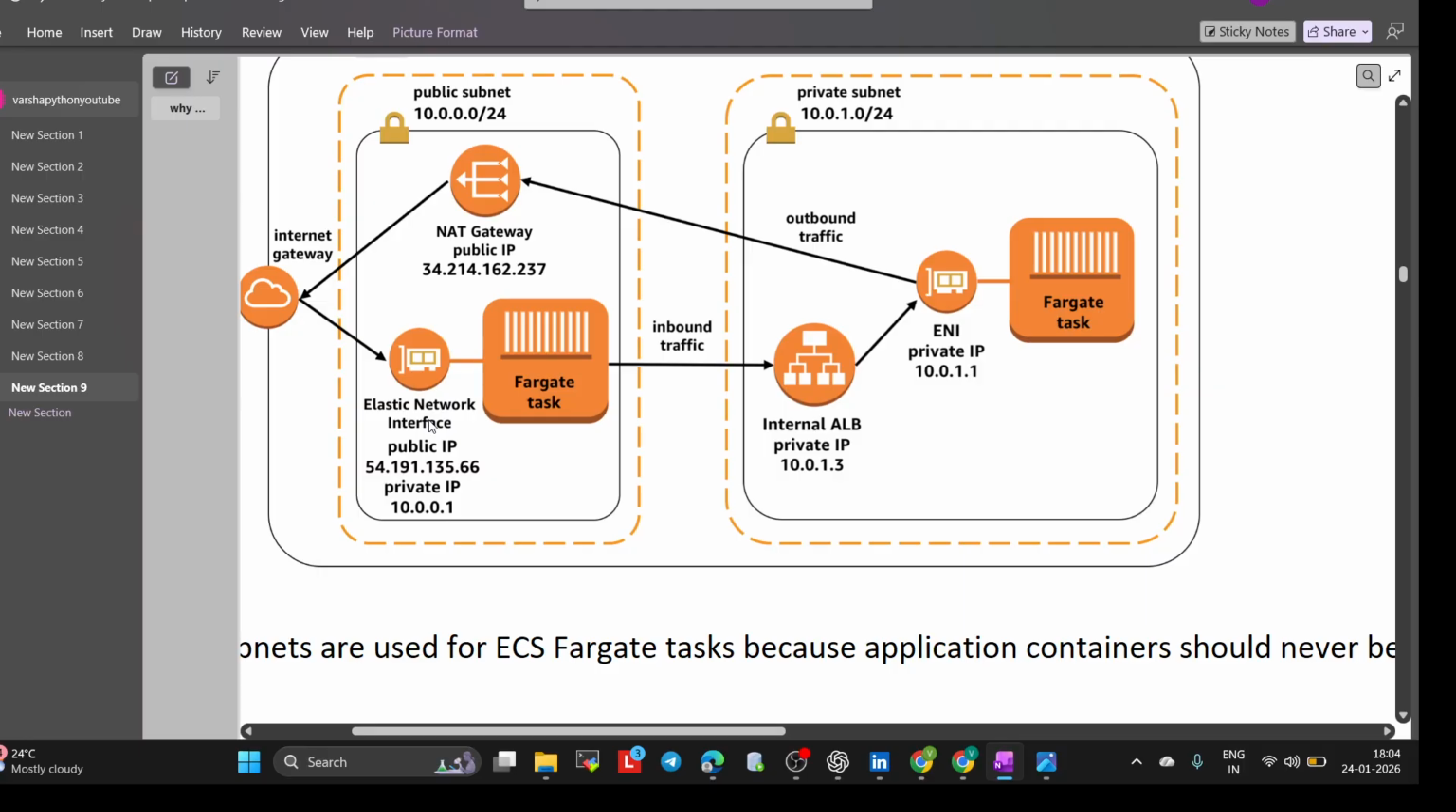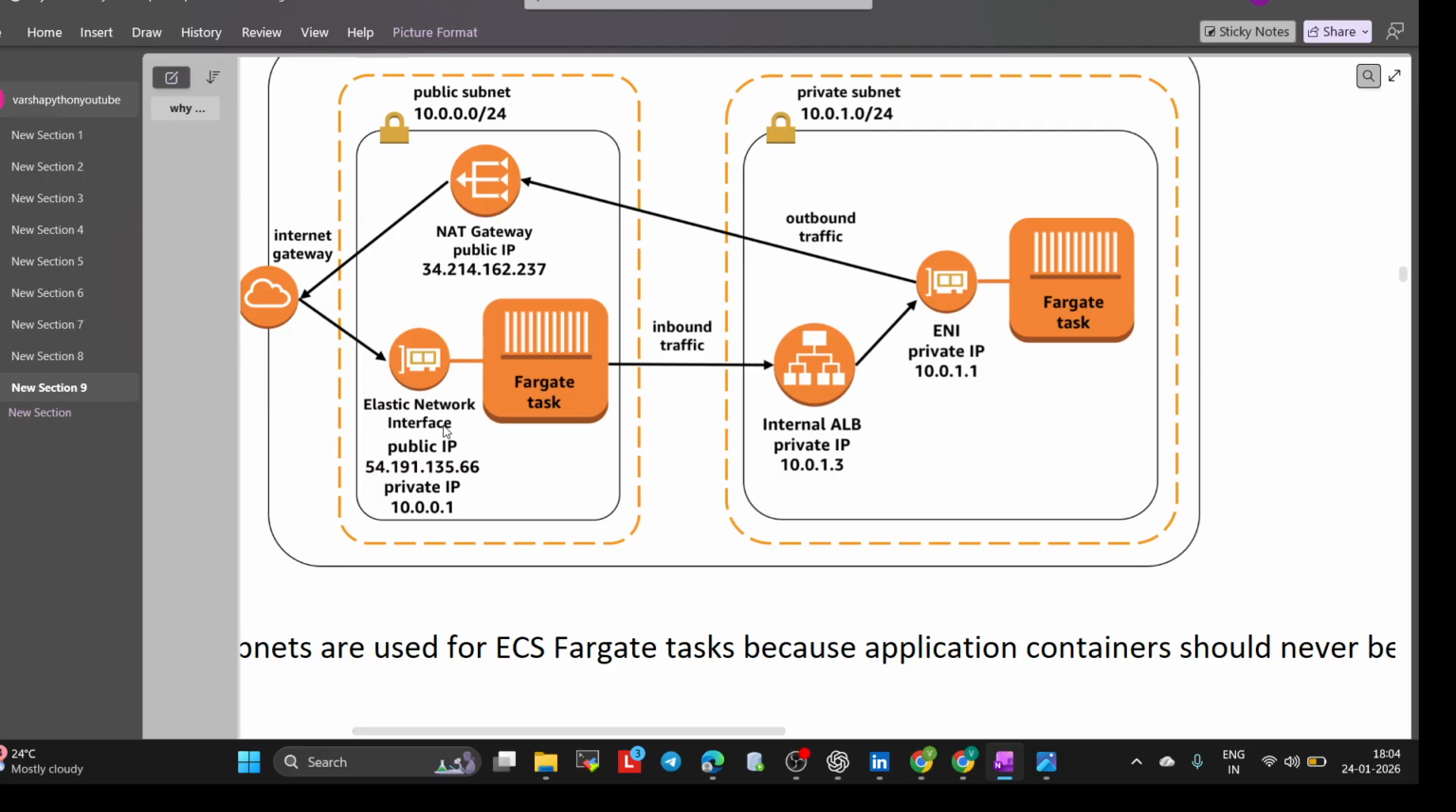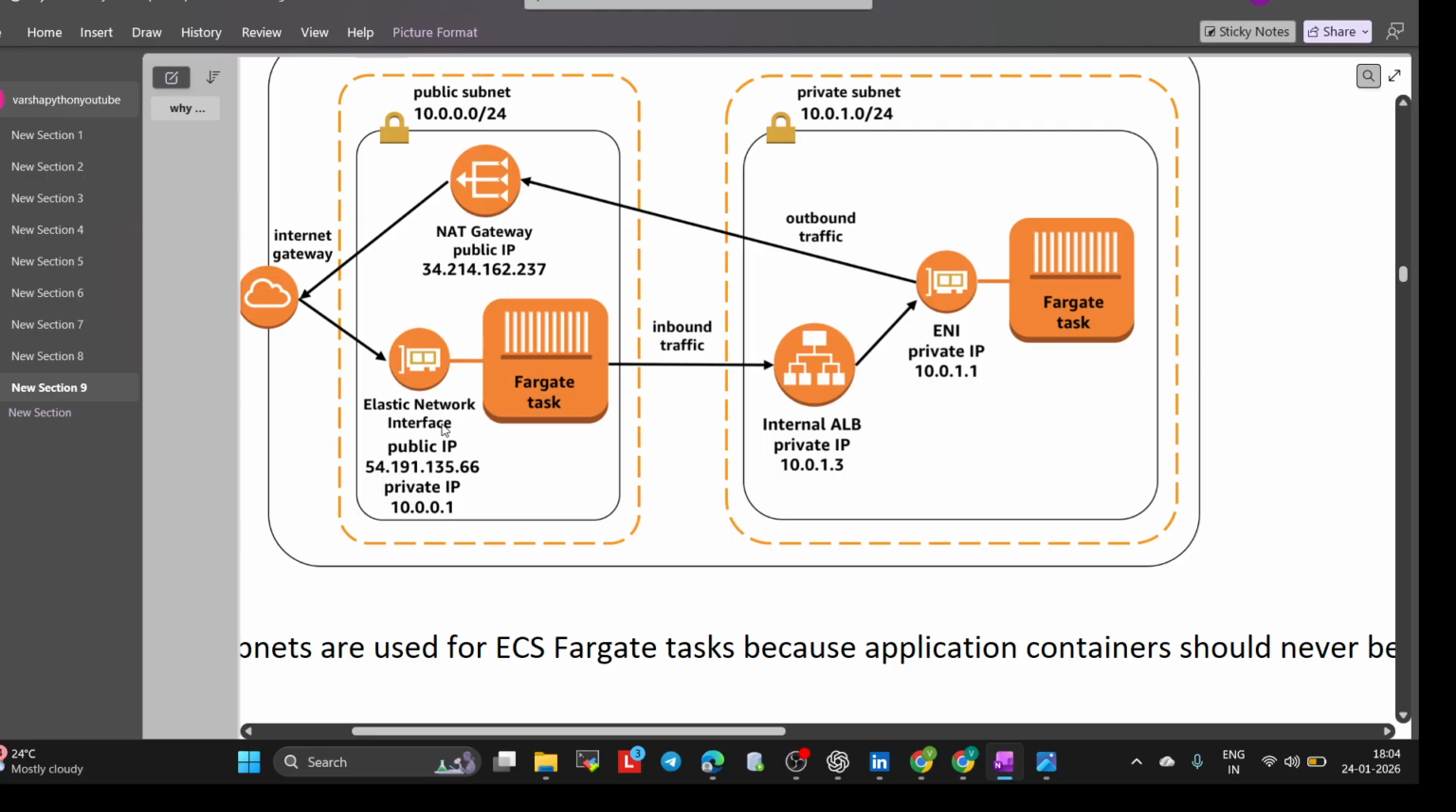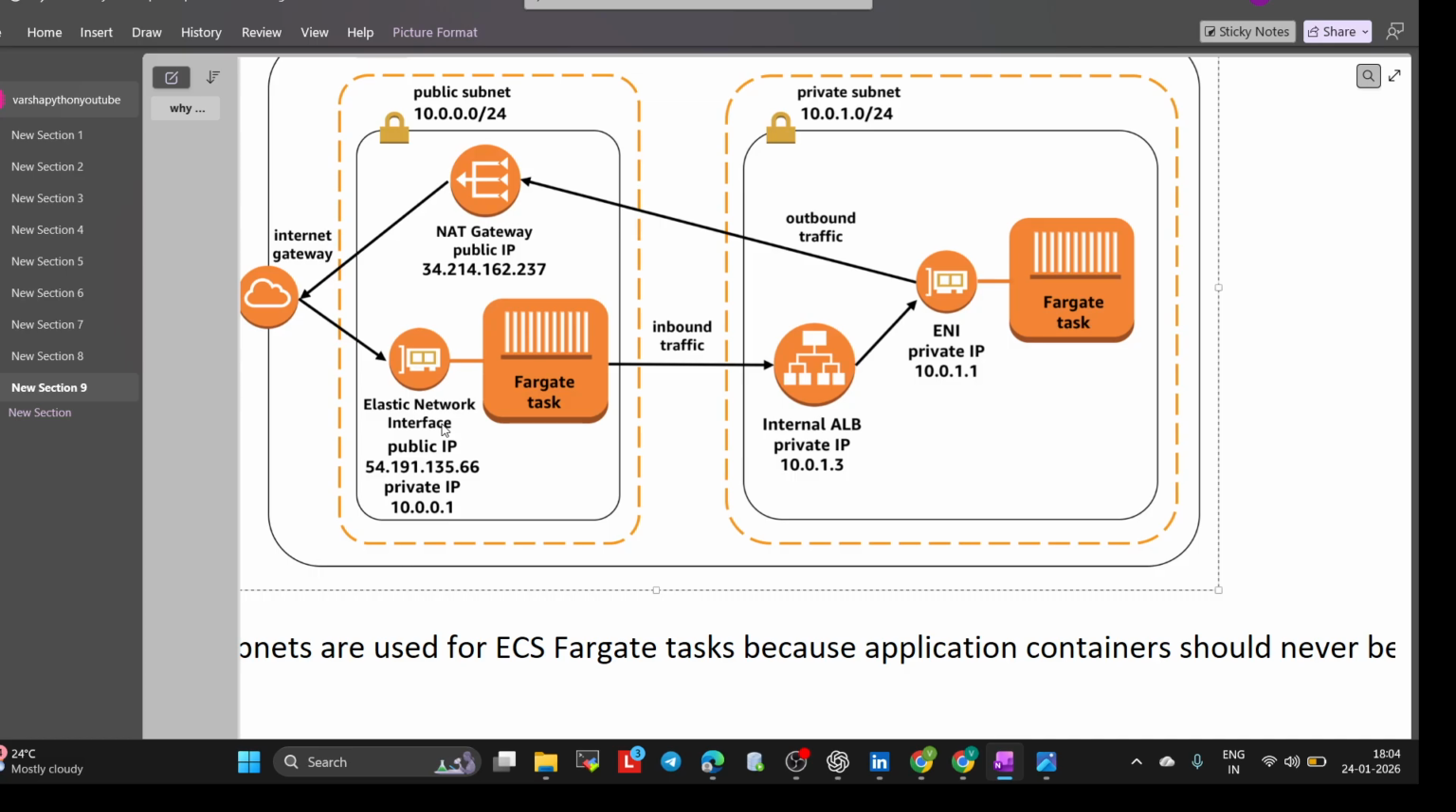Now, the network interface, also known as an ENI, means every task receives its own private IP address from the subnet. This is a very important concept because it allows the application load balancer to route traffic directly to individual tasks using an IP-based target group. Unlike traditional EC2-based architecture, where multiple containers share a single instance network interface, Fargate provides stronger network isolation between tasks. Another key point shown here is that security groups are attached directly